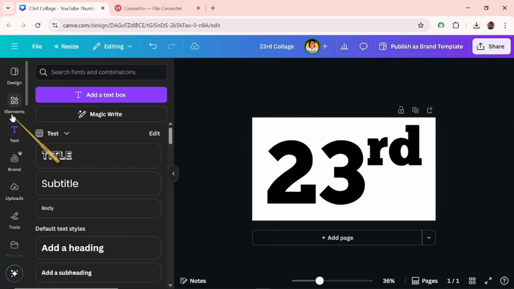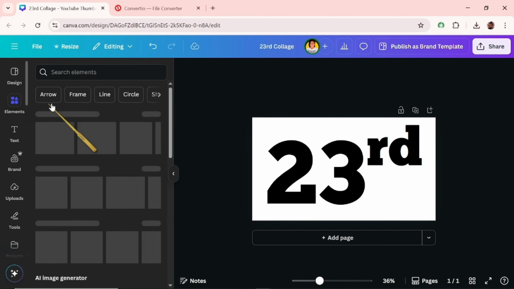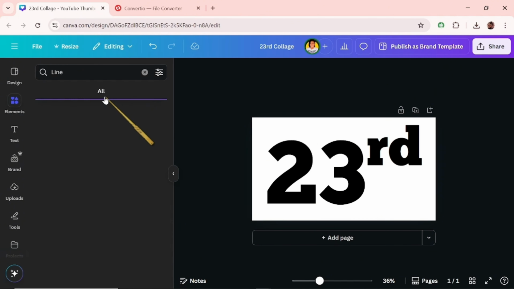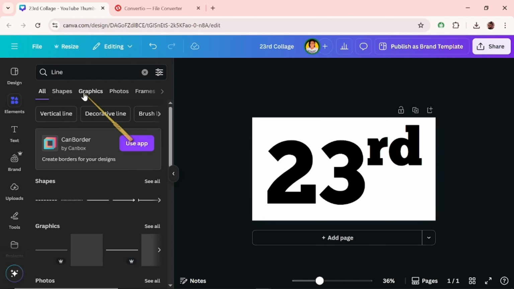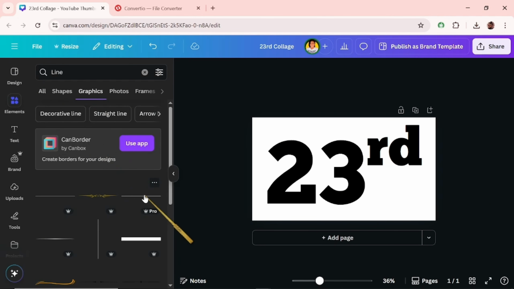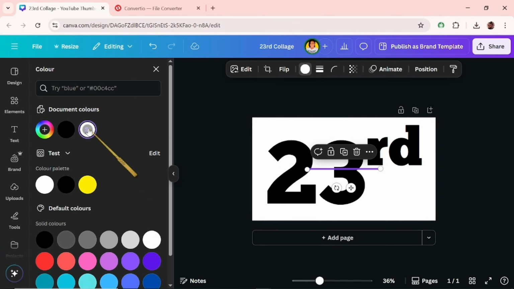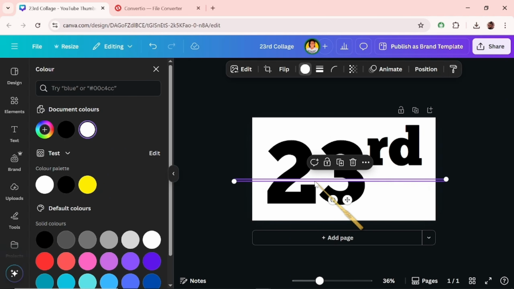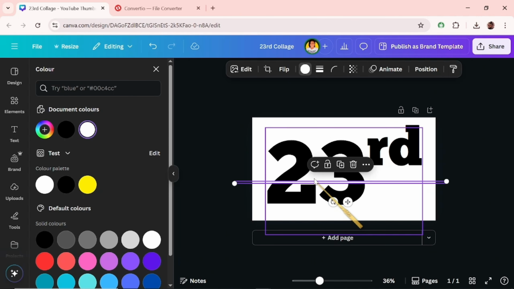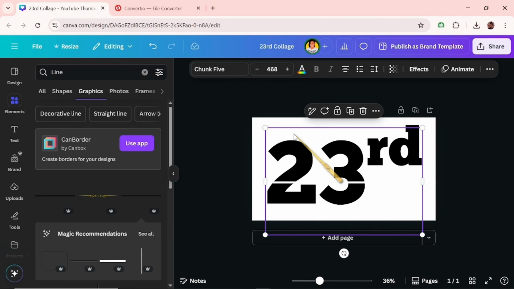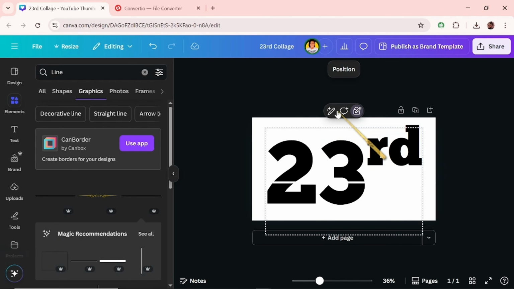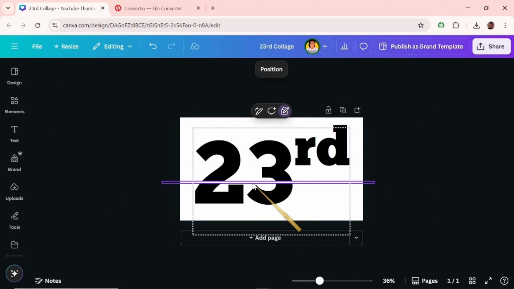I will go to elements and search for lines. We'll go to graphics and pick a line. I will change the color of this line to white, and I'll pull it out a bit. I'll use the line to segment my text. But first, I'm going to lock this text box, collapse this, come back to the line,